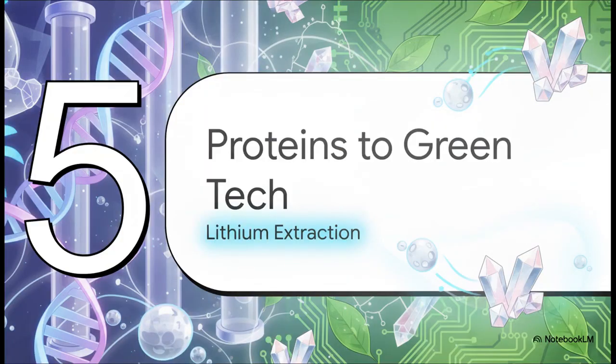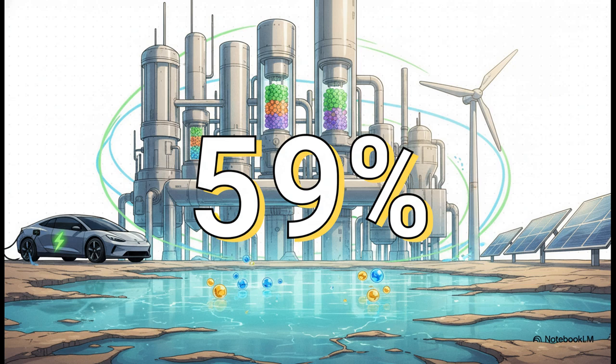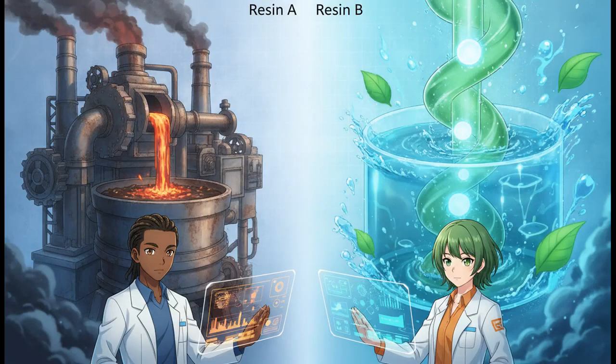Now let's zoom out a bit for Section 5, from proteins to green tech. So why lithium? Well, continental brines currently supply a staggering 59% of the overall global lithium. And with the completely exploding demand for electric vehicles, our current production methods just aren't fast or efficient enough for the future. We absolutely need better recovery processing. Scaling up this microscopic ion exchange process into massive, industrial, direct lithium extraction plants is literally critical for the green energy revolution. To optimize this,